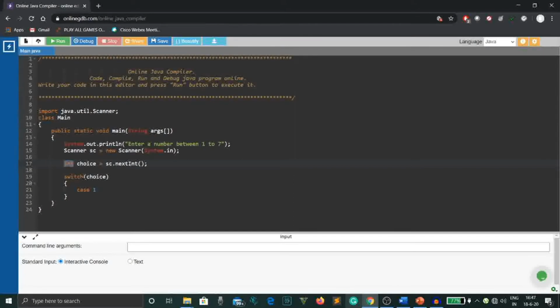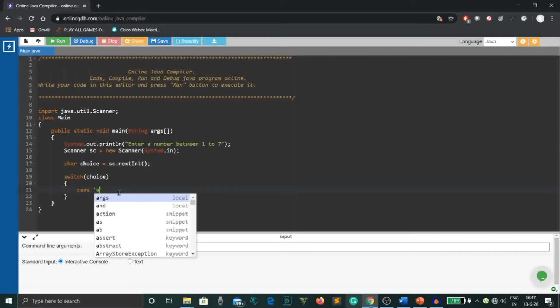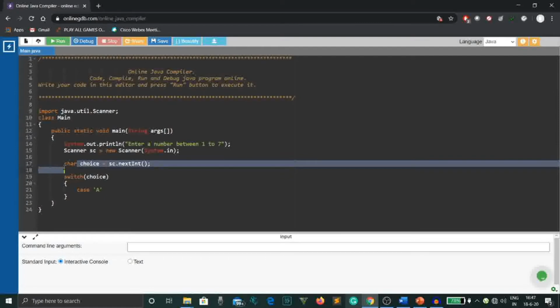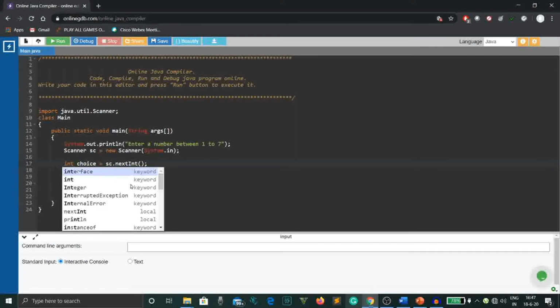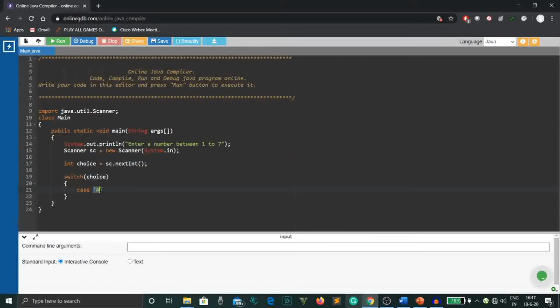If in case we had declared it as character choice, here we would have taken inside single quotes either small a or capital A. But since we are just taking choice variable as integer, here also we'll take case 1, and then we'll put a colon, come in the next line, and we'll print Monday, because in first case if the user presses 1, the output should be Monday. Then semicolon.